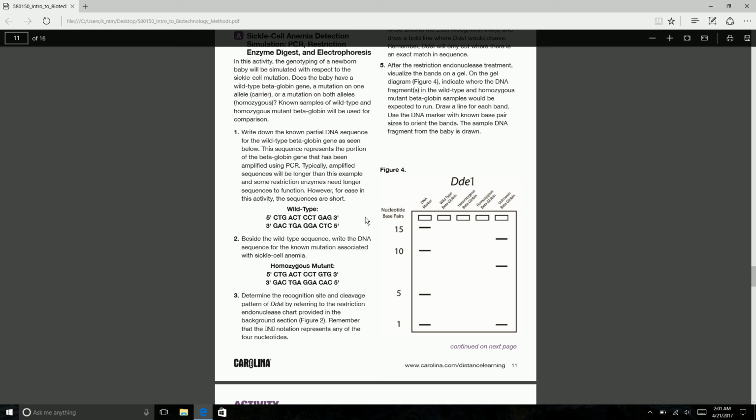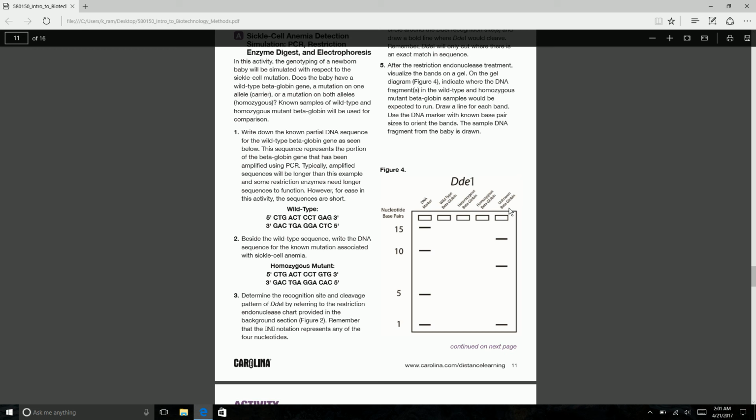Okay, and after you have made this picture on a piece of paper, you will be able to tell us on this gel where your DNA fragment bands are going to be present. So the sizes of the DNA in base pairs are also given. This is 15, this is 10, this is 5, and this is 1. And they have given you one sample already. This is unknown beta globulin. Okay,